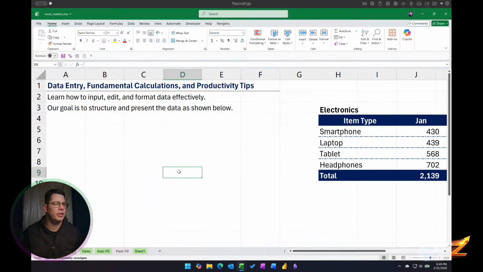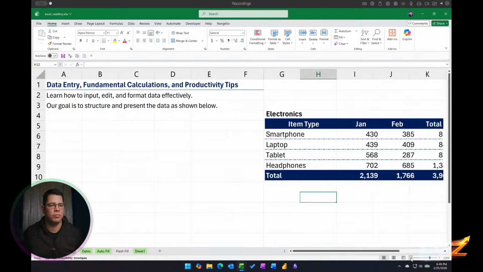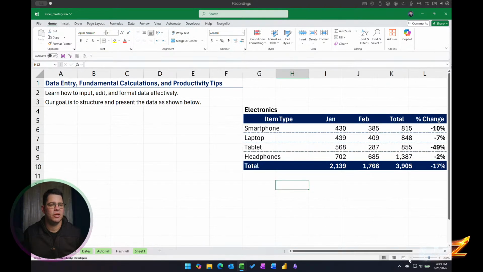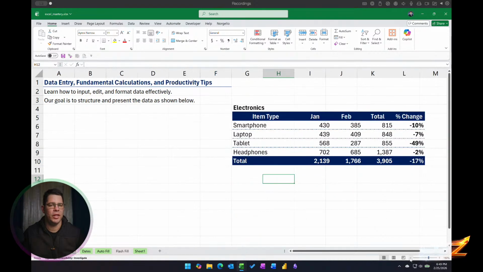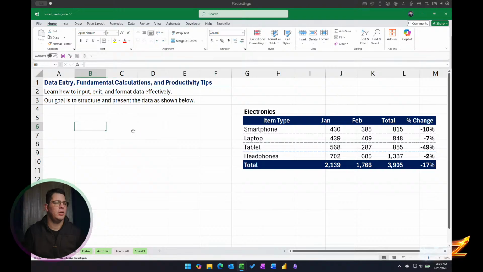Now let's go to the data input. Learn how to edit and format data effectively. One of the exercises for today is to try to build this chart. If you see here, we're going to use some of the tools. The first thing I'm going to do is start here in cell B6. I'm going to write electronics,